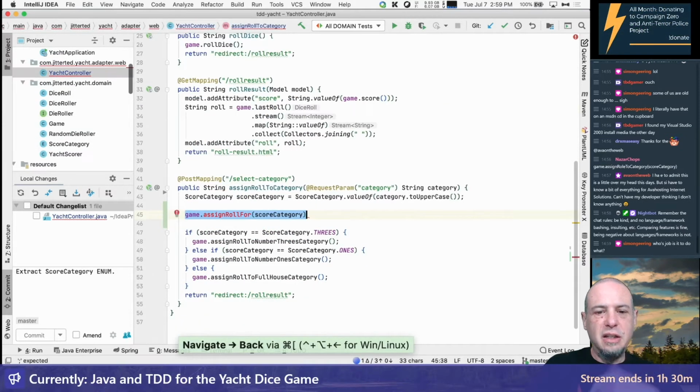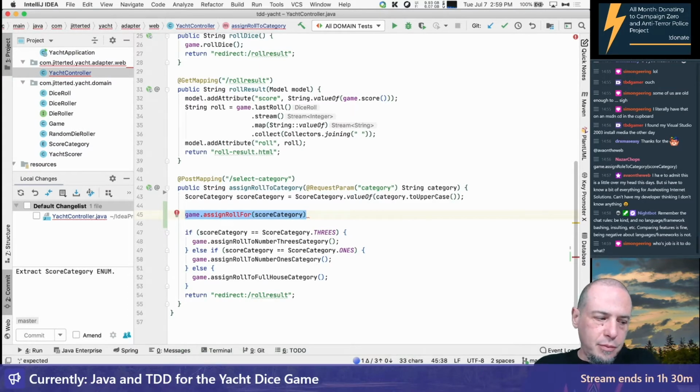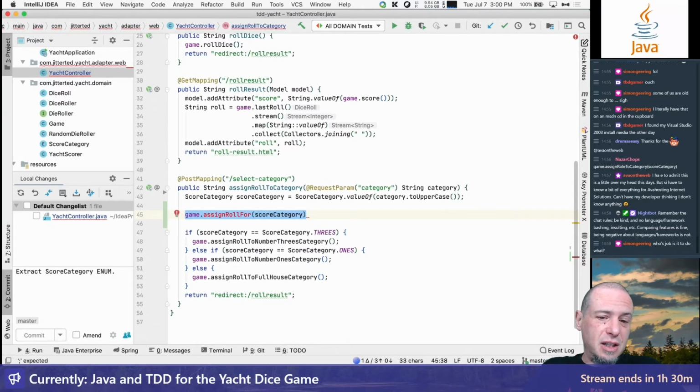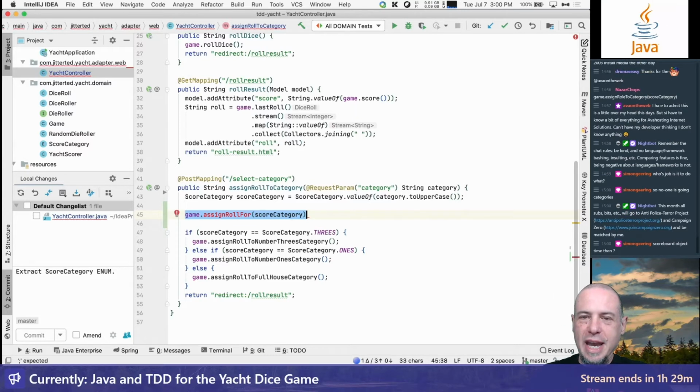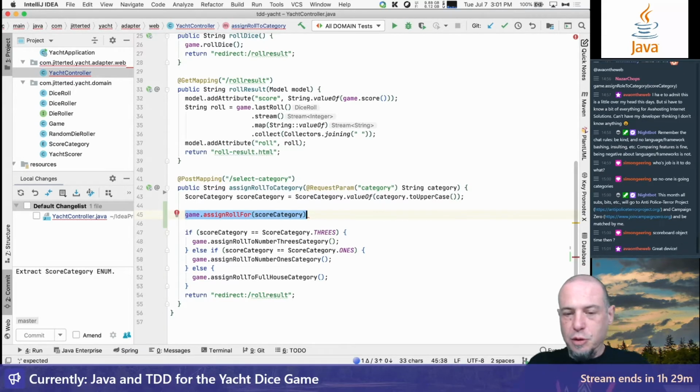And so we're here. We'd like to be talking to the game, although it could be a game service, but basically we're talking to the game. So we had game, which was responsible for rolling the dice, knows when the game is over, and knows the last roll. So the current responsibilities of doing the scoring,